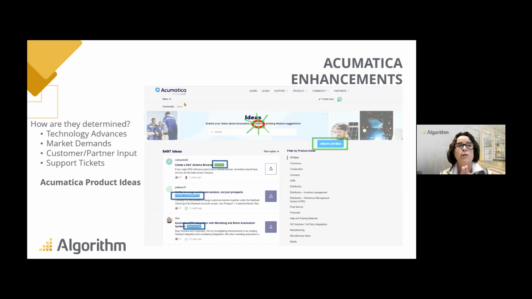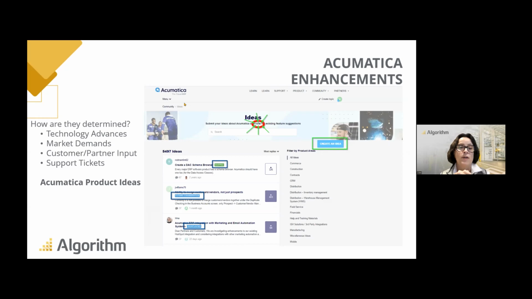If you drop that down, you'll see an ideas section. It's the page where customers and partners can input and create, here you see, new ideas. This is what we want Acumatica to do. For example, you'll see this one, and this screenshot actually is a little old, because